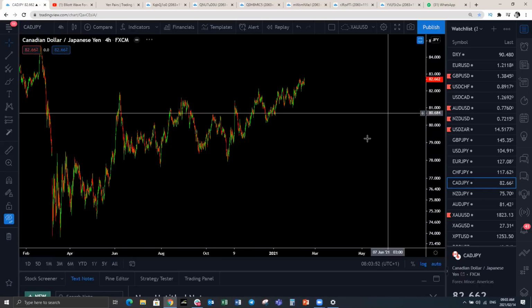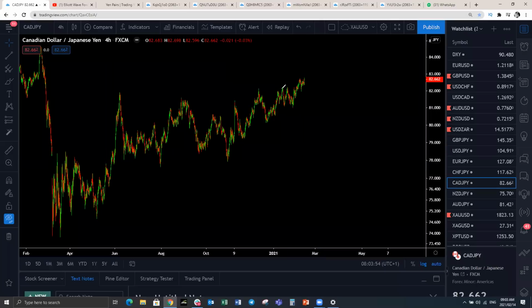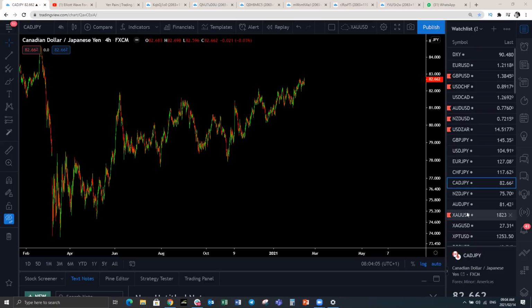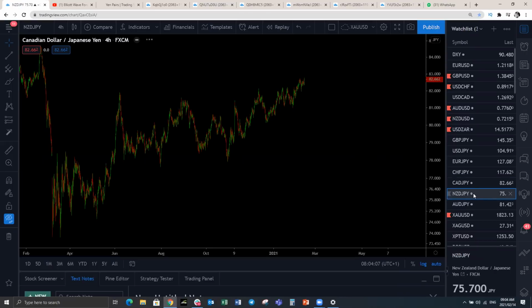Another setup for upside. Every time you see this continuation pattern, CAD yen is pushing up higher. That's why we're expecting US dollar yen to continue higher as well. Right, so New Zealand yen,